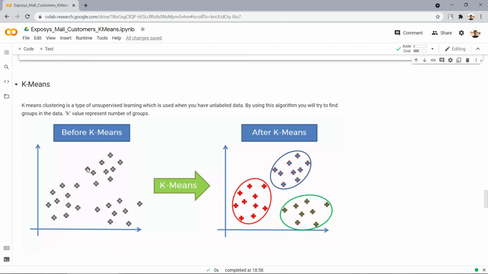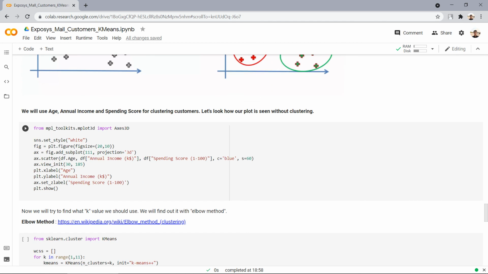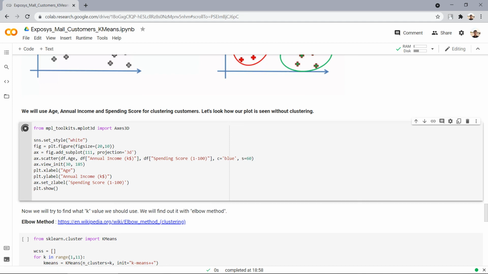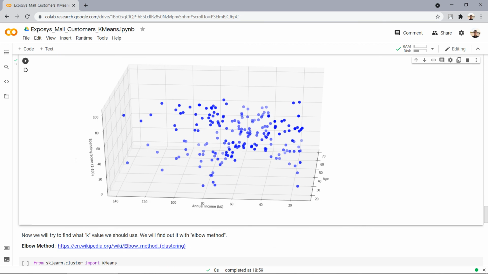We will import Axes3D to visualize the data. Age is taken on the x-axis, annual income on the y-axis and spending scores on the z-axis. This is how it looks without clustering.